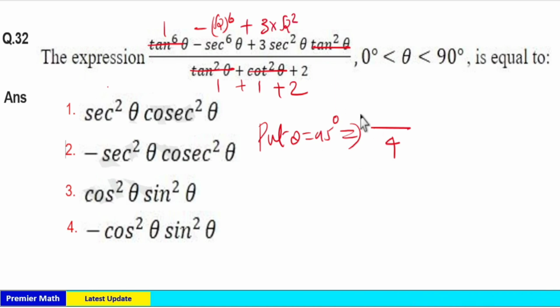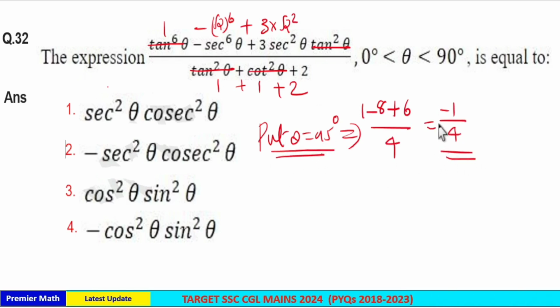Now the numerator will become 1 minus root 2 raised to 6, where root 2 square is 2. So 2 cube is 8, plus 3 into root 2 square, which is 2, so 2 into 3 is 6. This will become minus 8 plus 7, which is minus 1. So minus 1 by 4. When you put the value of theta as 45 degrees in the expression, you will get minus 1 by 4